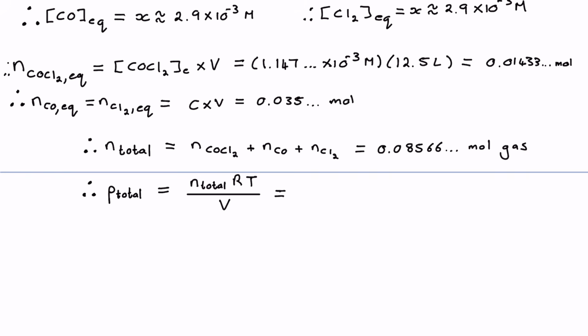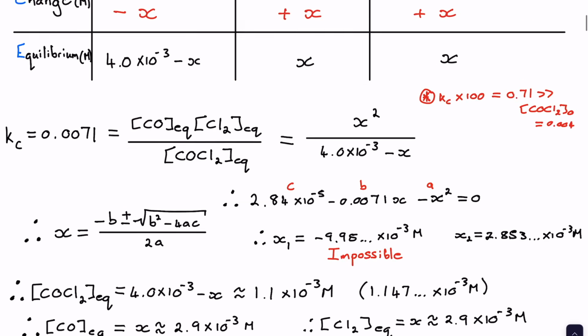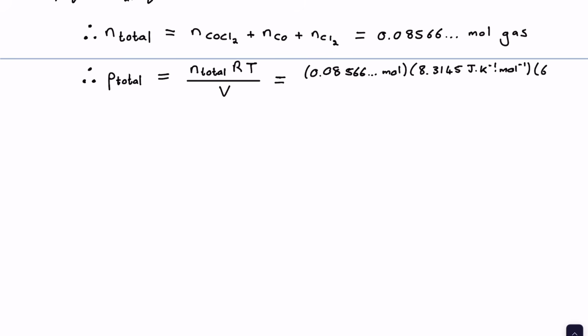So it's going to be this 0.08566 mole multiplied by 8.3145 joule per Kelvin per mole. And then the temperature is 600 Kelvin, right? Because that's what the equilibrium is at, 600 Kelvin. And the volume is 12.5